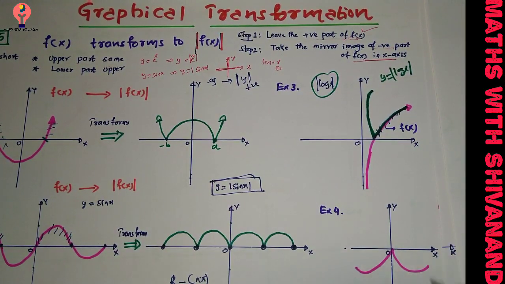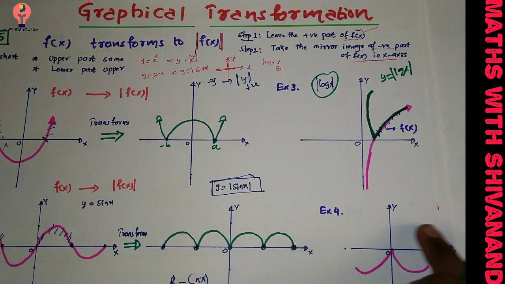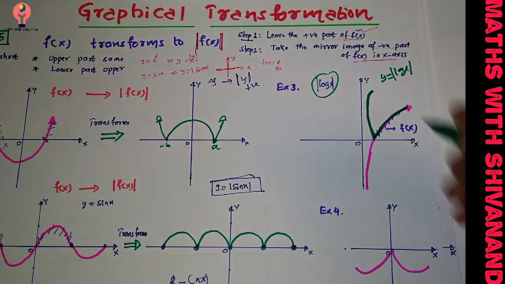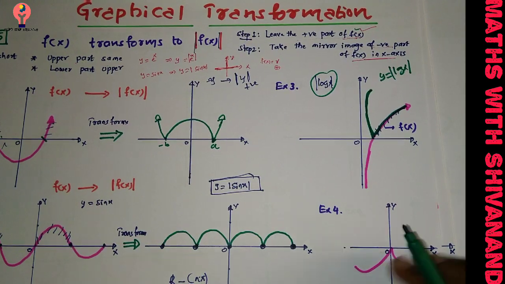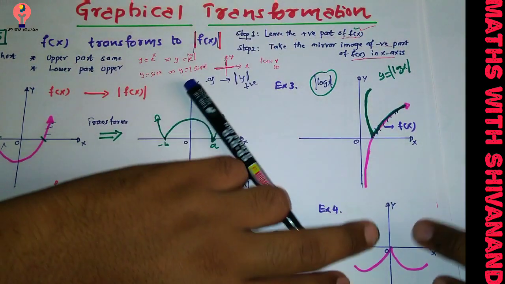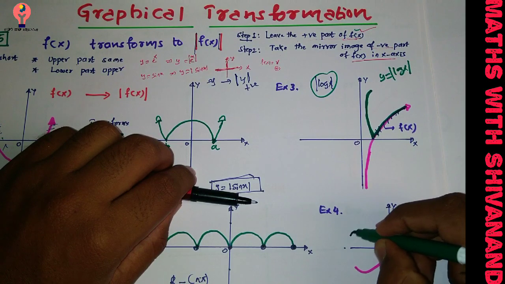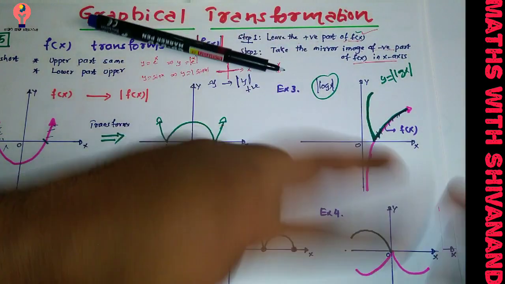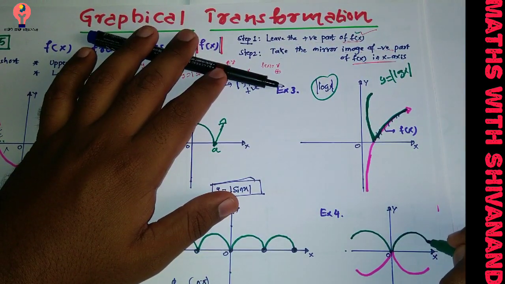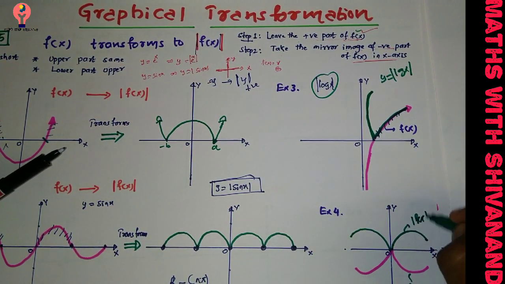I have one more example here. See here. So I will apply a general shaped curve here, one random curve I have taken here. So step 1 I will apply, leave the positive part of f of x. There is no positive part at all here. So leave it here. Step 2 apply here. Take the mirror image of negative part of f of x in x axis here. This complete graph you flip with respect to x here. It's like a 180-degree rotation here. Okay, this part. So can it be like so? Definitely student. So this guy after flipping with 180-degree rotation with respect to x, complete reflection. Okay, so if it is f of x, definitely this guy is modulus of f of x.